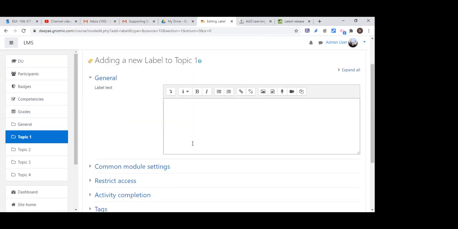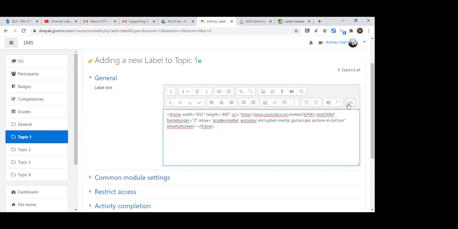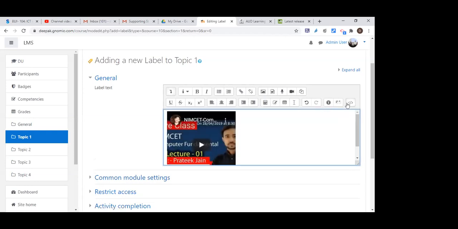Now here you can see, wherever you find this option, just expand this menu. The last option is HTML. Now paste the embedded code and adjust the width and height. Again click on HTML. Now the video will appear, and just save and return.